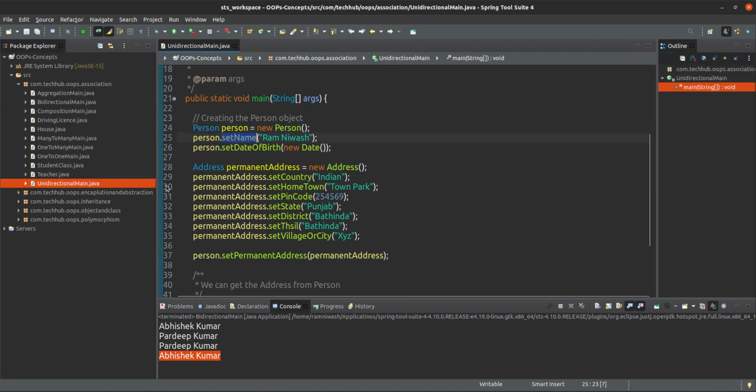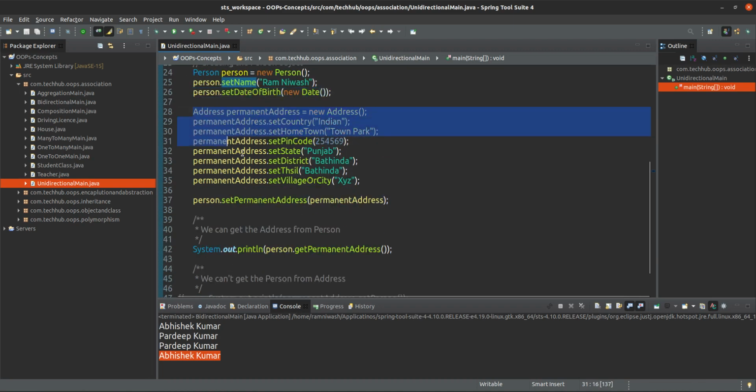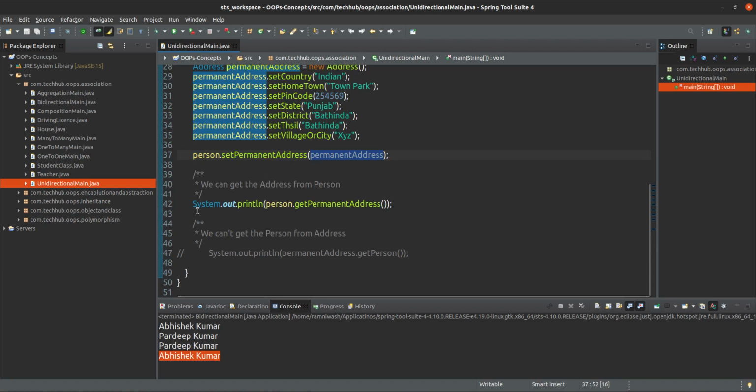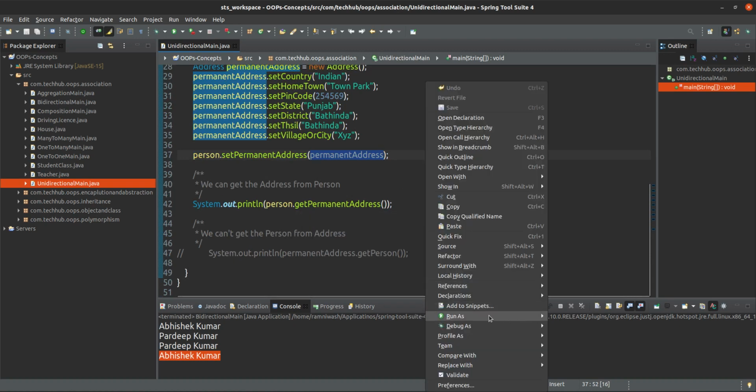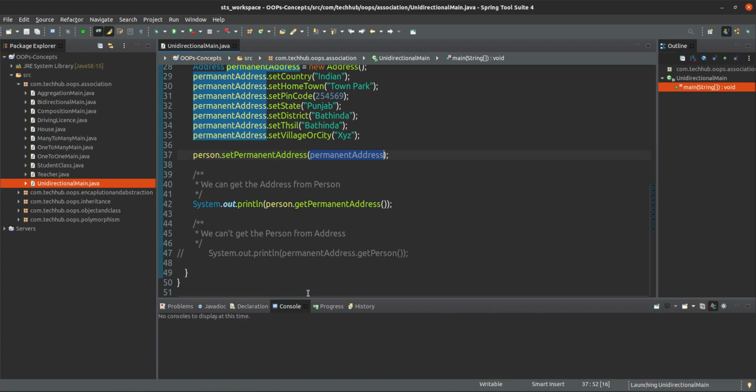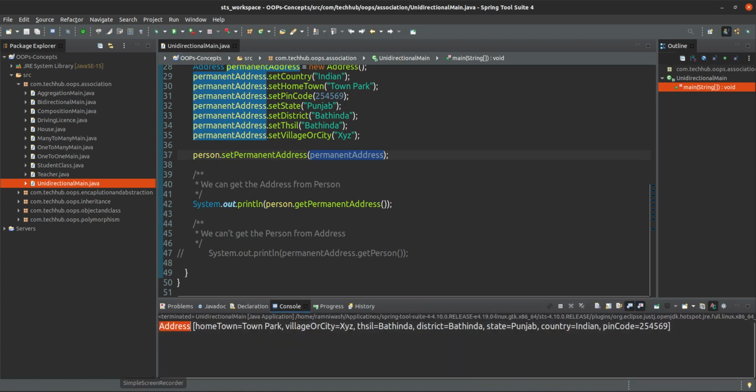We have set the name of that person also, date of birth, and we have created one permanent address, and we are setting that permanent address and printing it. So if I run this code, you will see the output. See, one address, we are printing the address here. From the person we are getting the permanent address.